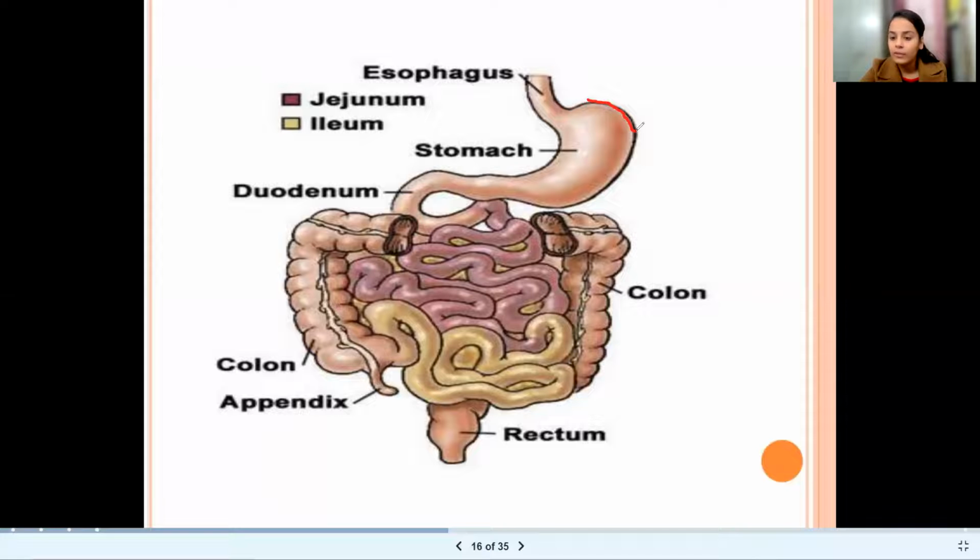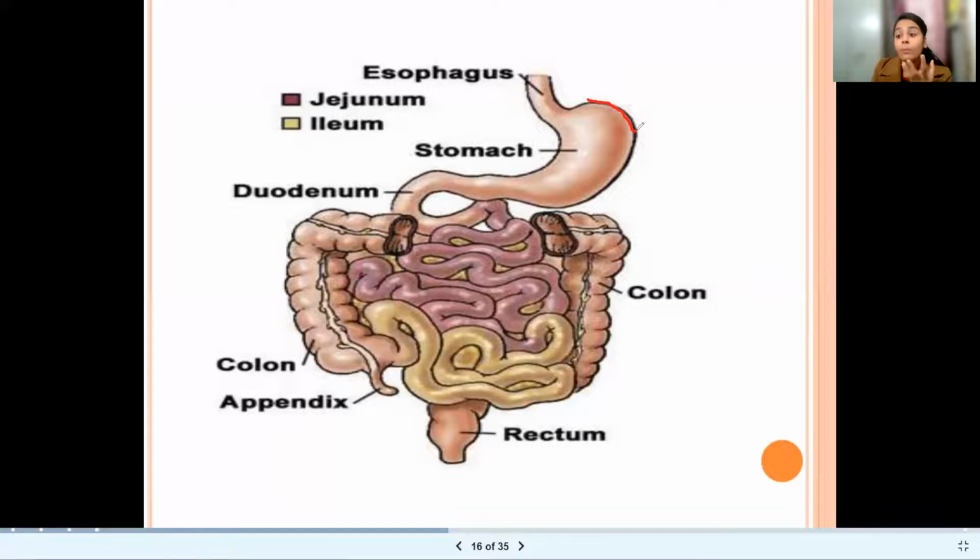Yeah, okay. So now, after this, some significant parts are there. Number 1 is the liver. Number 2 is the pancreas, right? Now the liver secretes bile juice. What is the function of the bile juice? It mainly cleanses and purifies the blood coming from the small intestine, right? The second thing is that the bile juice helps in the digestion of fats, in converting fats into fatty acids and glycerol, right?